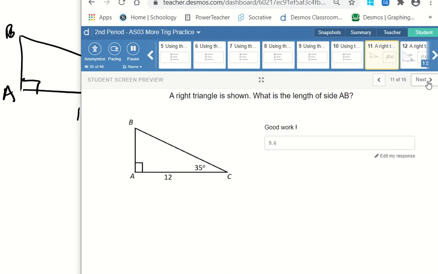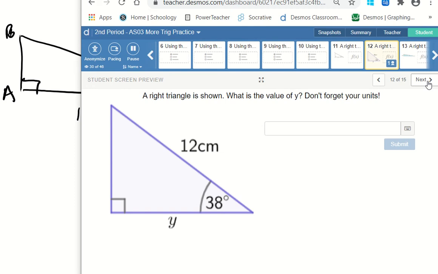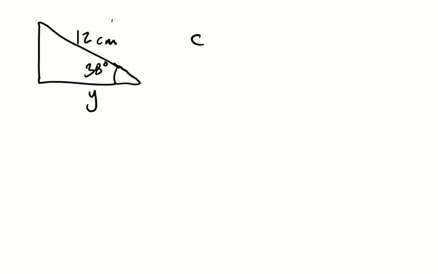All right, let's look at the next one. Let's see, what is the value of y? So what I'm looking at here is the side that is adjacent to the angle. It's part of the angle, so it's adjacent. And we have the hypotenuse. So then we're just going to be looking at cosine because it's adjacent over hypotenuse. So we're going to take cosine of 38 degrees, and we're going to say that's equal to adjacent over hypotenuse,